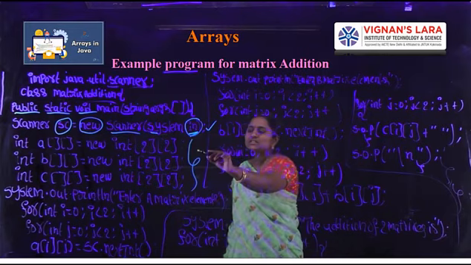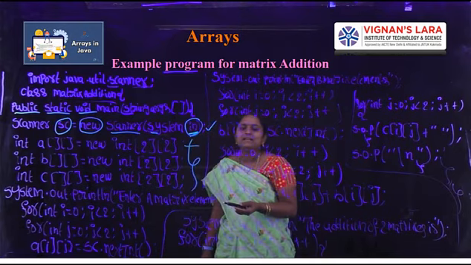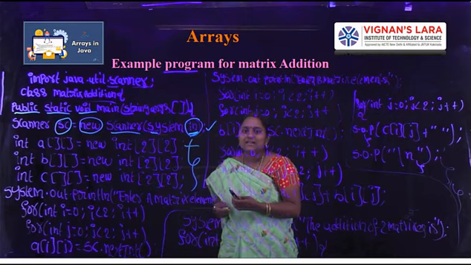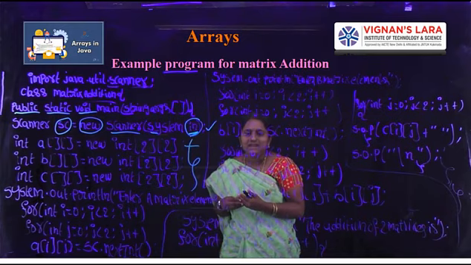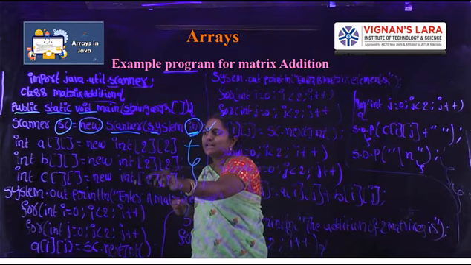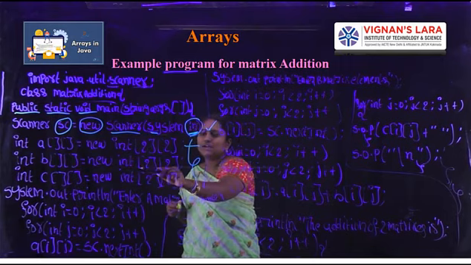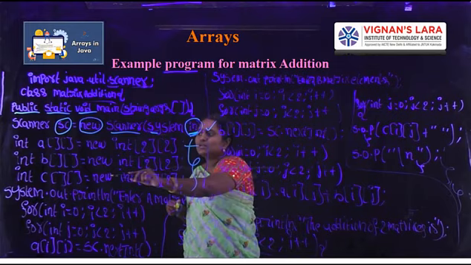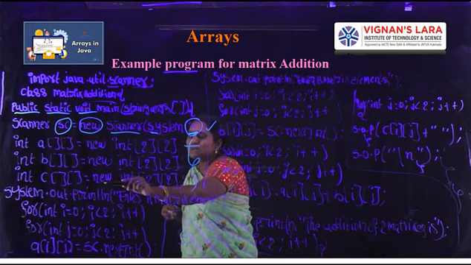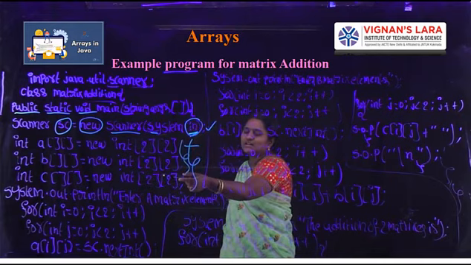It is a 2 by 2 matrix. Okay, first, this statement represents reading a matrix's elements from the console. For matrix addition, we have two matrices, then we add them, and finally we get the resultant matrix. In a similar way, we create the B object. Here int B followed by two subscripts, new data type, size 1 and size 2. Next, int C followed by two subscripts, new data type, size 1 and size 2. The sum of these two matrices can be stored in the resultant matrix called C.